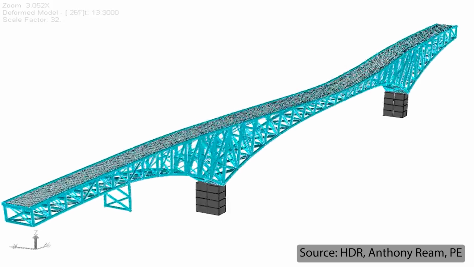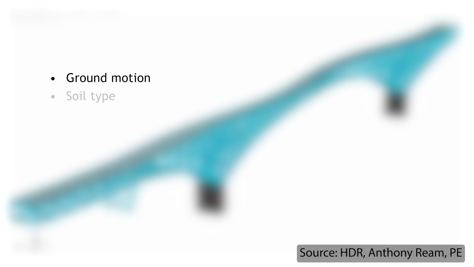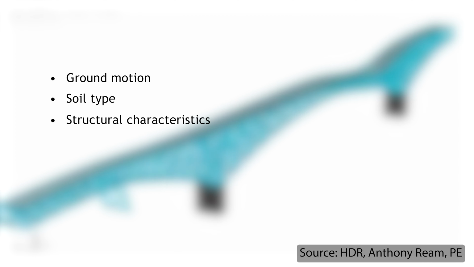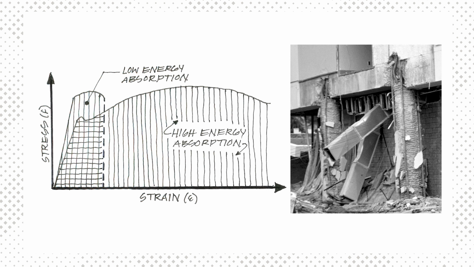The dynamic structural response to an earthquake is a function of ground motion, soil type, and structural characteristics. Because earthquakes release so much energy, it is economically unfeasible for structures to be undamaged after a large event. Engineers therefore design portions of the structure to be locally damaged, thereby absorbing large amounts of energy while leaving other